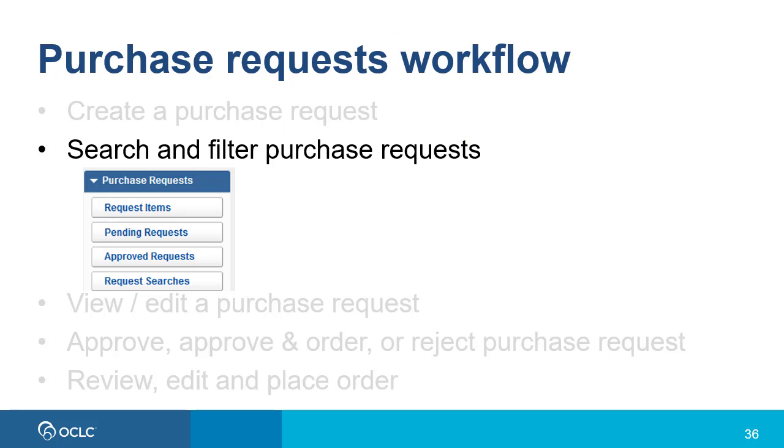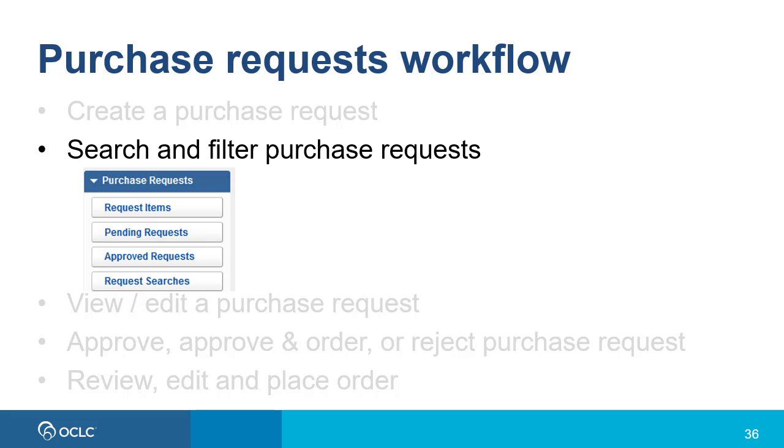The next step in the workflow is to search or filter for purchase requests that will need actions. On the left navigation, if you click Purchase Request, you'll see the 4 options below. Request items will retrieve a list of all requests, including those that are pending and those that already have been approved. Pending requests will retrieve a list of items that have the status pending, and these are awaiting review and